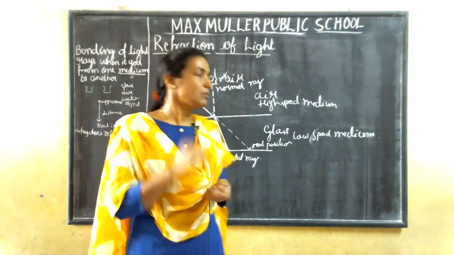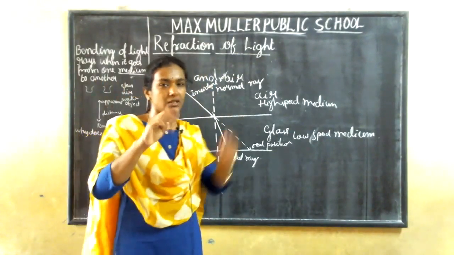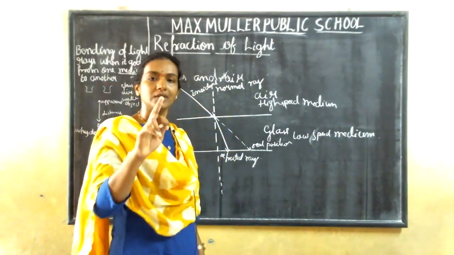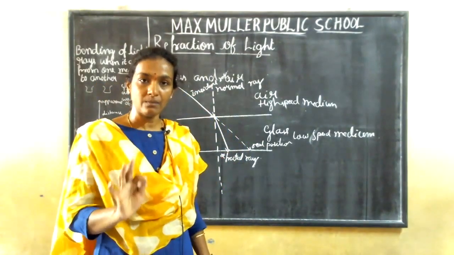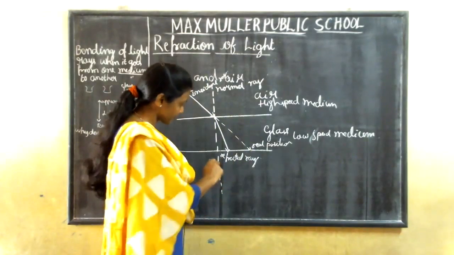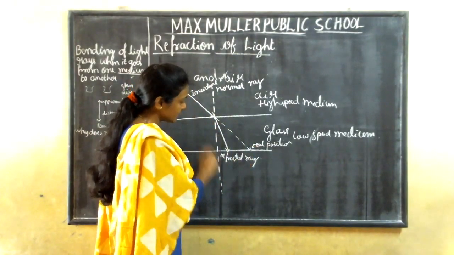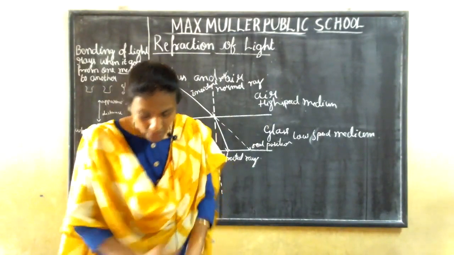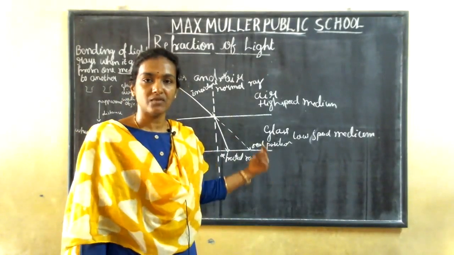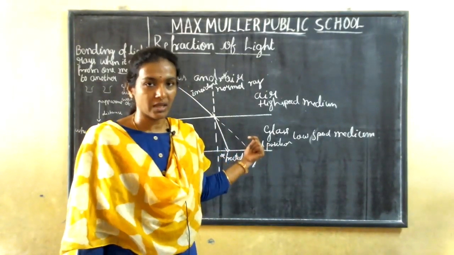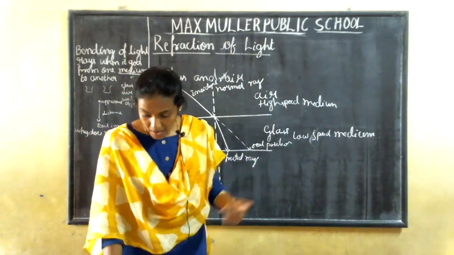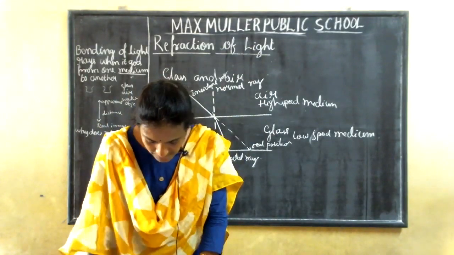Have you understood? Now come to the lateral displacement. As I told you before, so many times it is asked for 2 marks in your exam, and at that time you have to write the definition with the diagram. Clear? So as I told you, this is the real position of this one ray, and this is the refracted ray. In between, you will get the distance, no? This is called here lateral displacement. I will give you this definition and the diagram in PDF. Some of the classes I had already given, it seems. Clear? Yeah. Now, let us start.